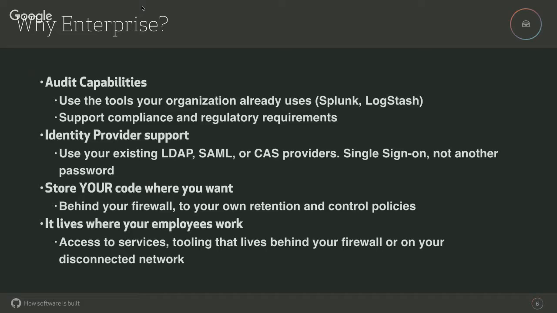Another strong point of GitHub Enterprise is its support for local identity providers. Well, you can go to github.com today and sign up for a username and password. That may not meet your organization's security requirements. You may not even use usernames and passwords. You may use two-factor authentication with an RSA token or perhaps a smart card. With GitHub Enterprise, we will hook into your identity provider solution, whether it be LDAP, SAML, CAS, or something else, and abide by your own policies. What that also means is you get single sign-on. That's one less password you have to worry about. You log into your systems just once, like you do for many other applications, and you have access into GitHub